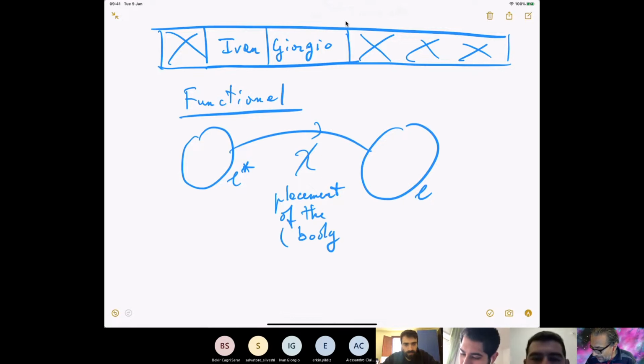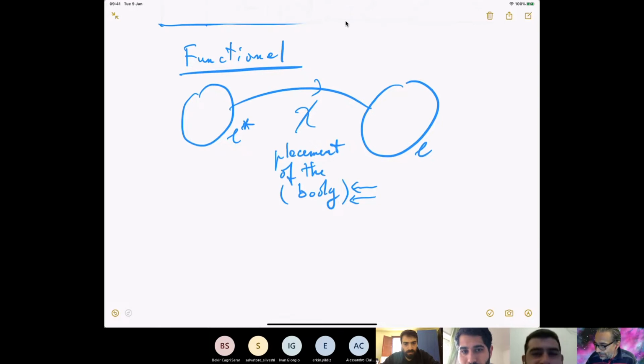Here I am confusing the word for the mathematical model with the word used for the physical object. So be careful. Sometimes, even if I promise to distinguish between the mathematical object and the physical object, I am confusing the names. Okay, so we have a placement of our body,